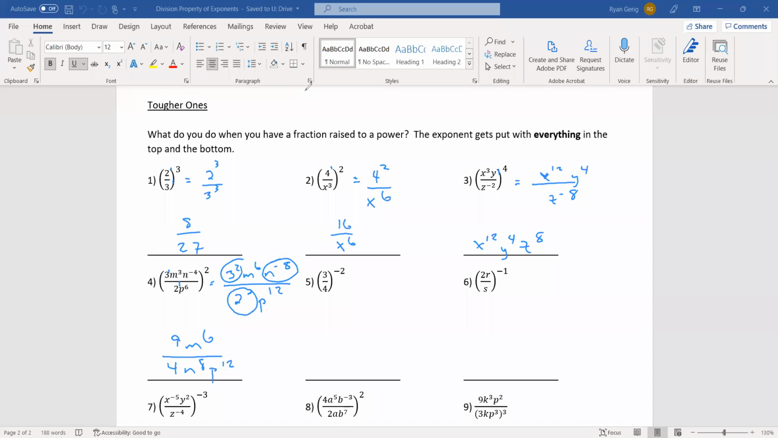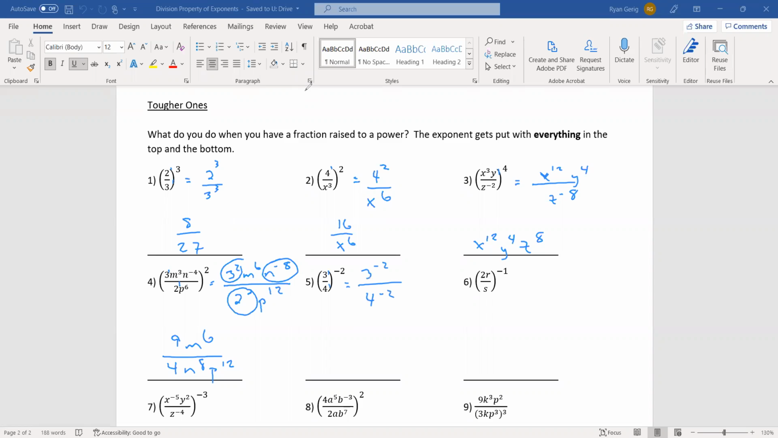Okay, number 5, got a negative exponent. Doesn't really change much. Make sure each base has an exponent. So 3 to the 1st, 4 to the 1st. And now I'm going to multiply 1 times -2, which is -2, and 1 times -2, which is -2. Now, what I will see a lot of people do here